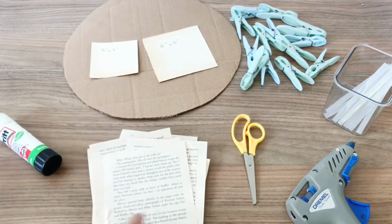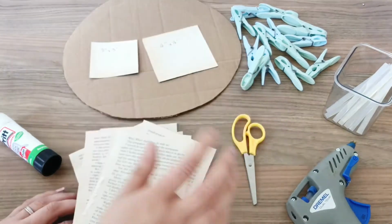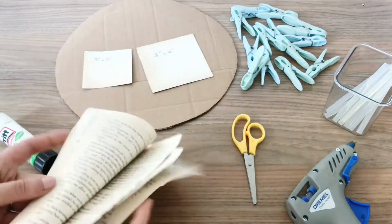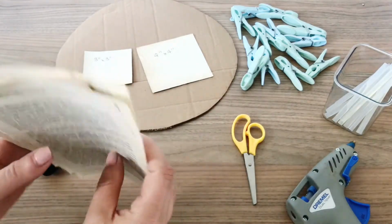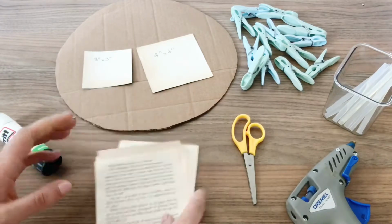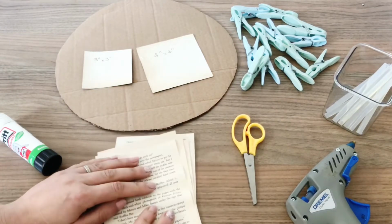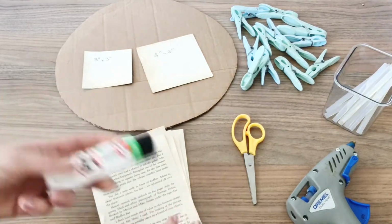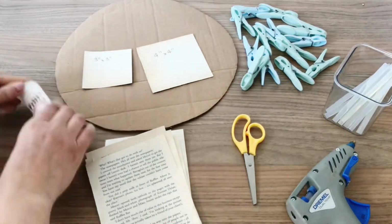The DIY we're making today is an old book dahlia flower, and what we're going to need is some pages from an old book. This book had lost its front page, it was falling apart, so it's the best way to recycle it. I could have either chucked it in the recycling or used it for a DIY, so that's what I'm doing. So I've got some old pages here, and we need some Pritt stick or some glue stick,